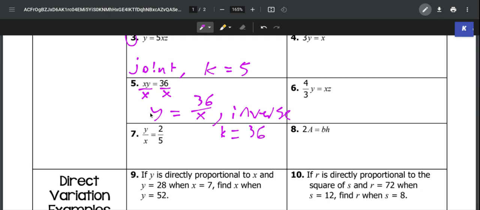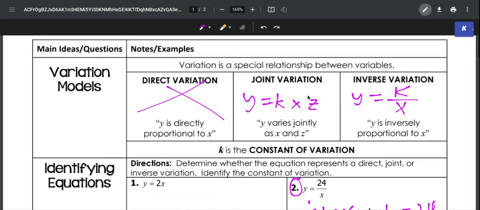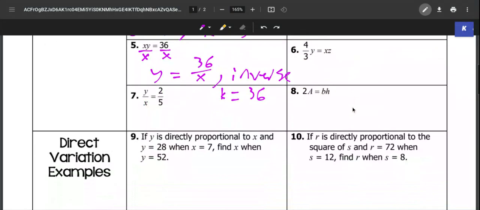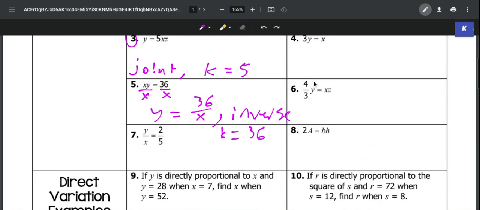And then let's see, the last one we'll look at is number 6. So number 6, like I said, we need this to be y equals, because if you go back to our original general formulas, or general equations for this, both joint and inverse are set up y equals. So if you have anything that's not y equals, you're going to have to make sure you set it up y equals. So if we look at number 6, we would need to get rid of this 4 over 3,